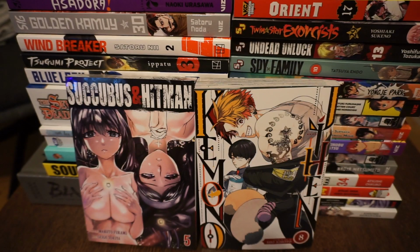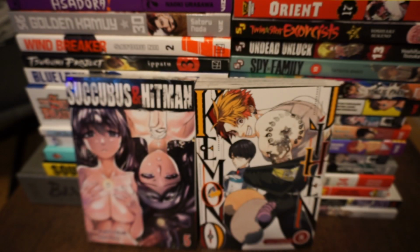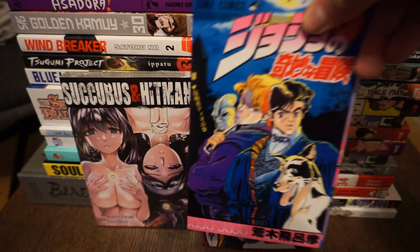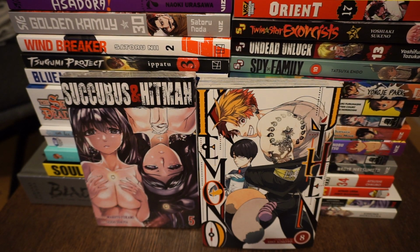Same with Tokyo Rangers Volume 1. I already have 3 copies of the first volume of Tokyo Rangers. I have a Japanese, I have a bootleg English, and I have the official licensed omnibuses. Now I have the full color. This made me want to pick up the entire series in full color. Still undecided on that, but I might do it. Oh, sorry. And JoJo's Volume 1, just for collection purposes. And then I also have